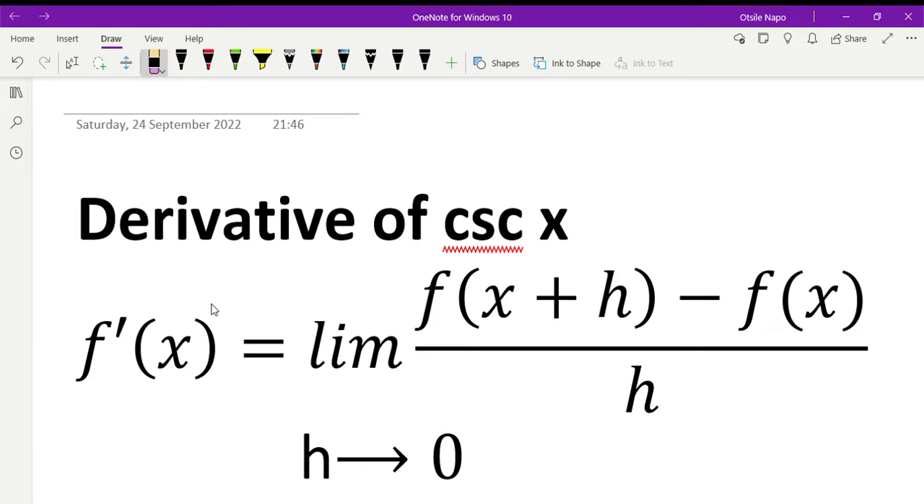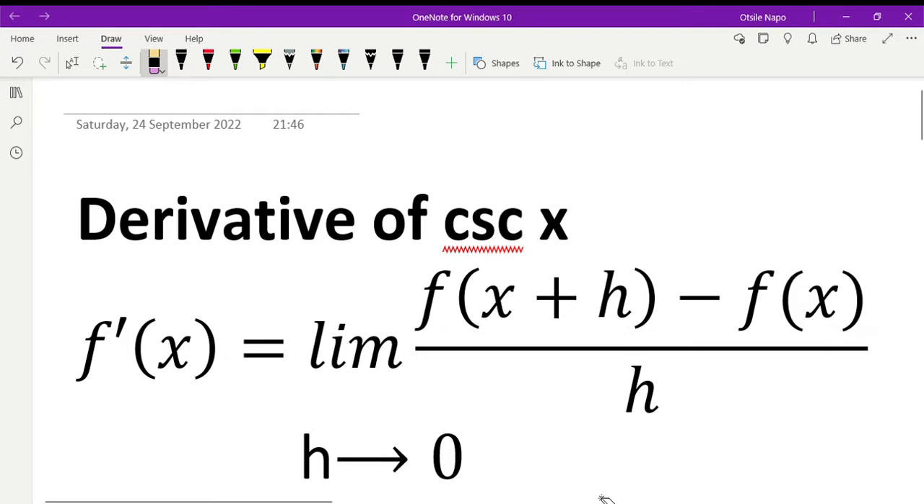We are finding the derivative of cosecant x. So finding the derivative of cosecant x using the definition of limits, or using the first principle. So this is the equation of the first principle,